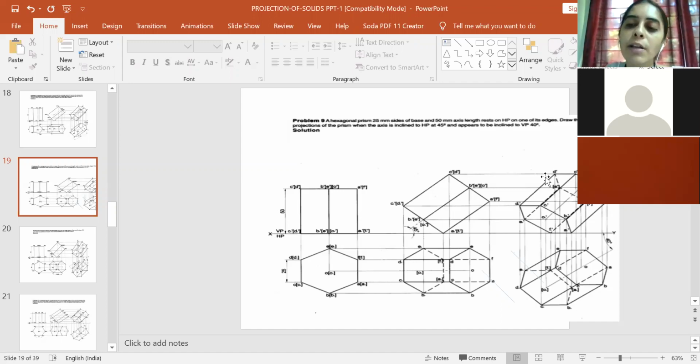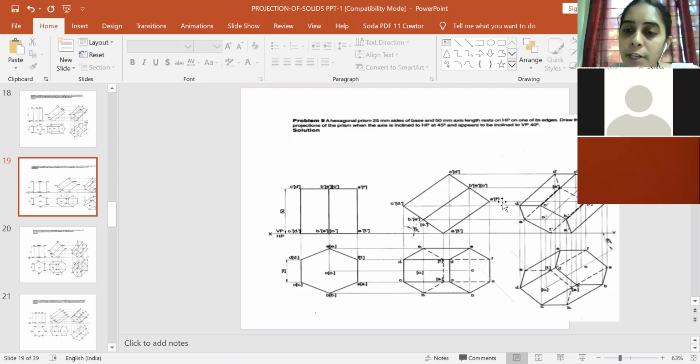After naming all, always draw the outer boundary of the hexagonal prism. When it has been inclined, the top surface will be visible and the outer boundaries of the hexagonal prism will be visible. So always you will draw the outer boundaries to be visible. So you will join from A1 dash to A dash to B dash to C dash to D dash to D1 dash to A1 dash, sorry, D1 dash to E1 dash to C1 dash, and from C1 dash to A1 dash. Okay, so you will join this.